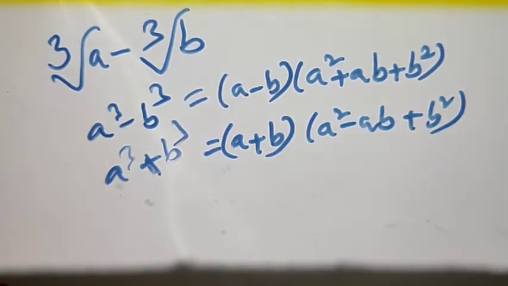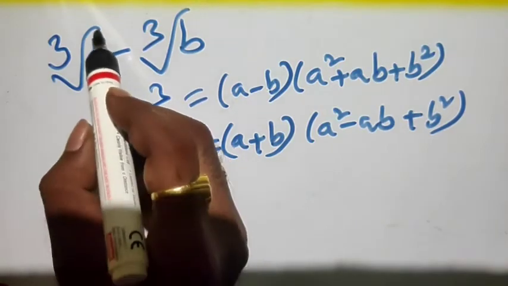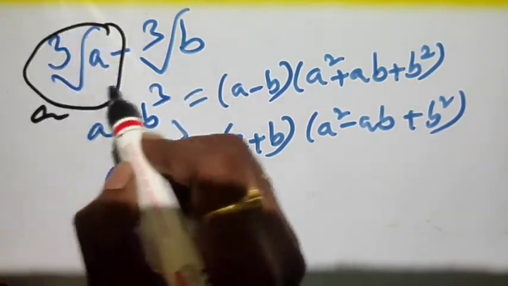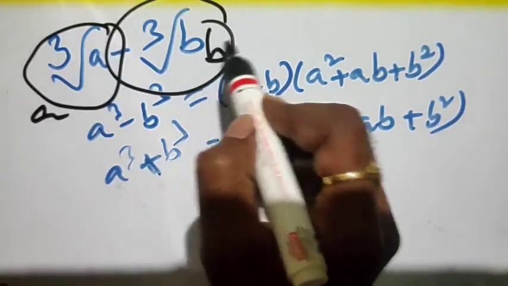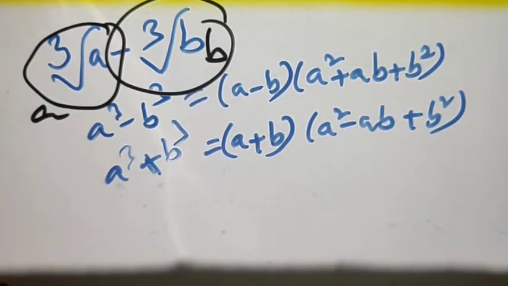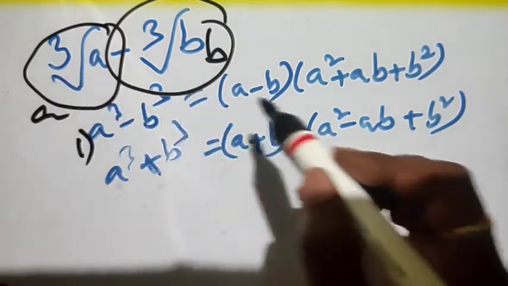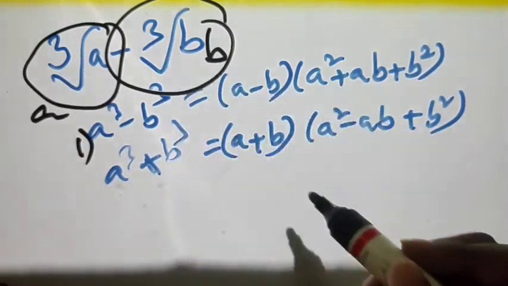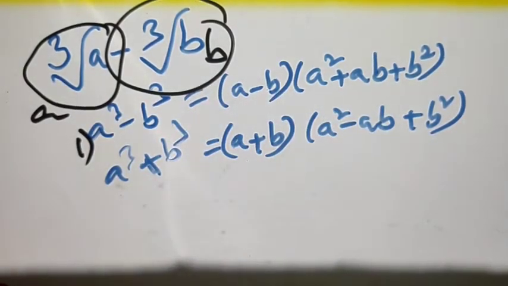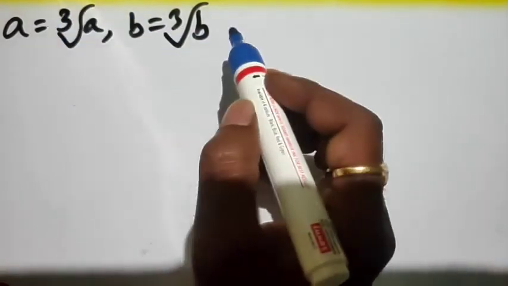Now here cube root of a is considered as a and cube root of b is considered as b. Considering the first formula and replacing a by cube root of a and b by cube root of b,